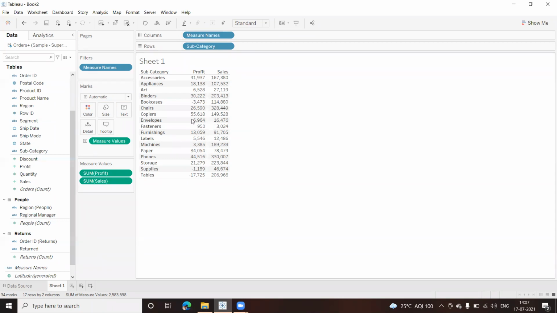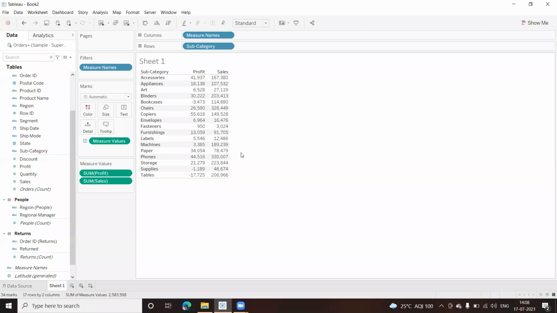Now I want you to observe something which has happened when I drag the second field. When I drag the Sales field, something changed here. We did get the sales figure and the profit. So in a way, it's a pivot table like in Excel. A table got formed.